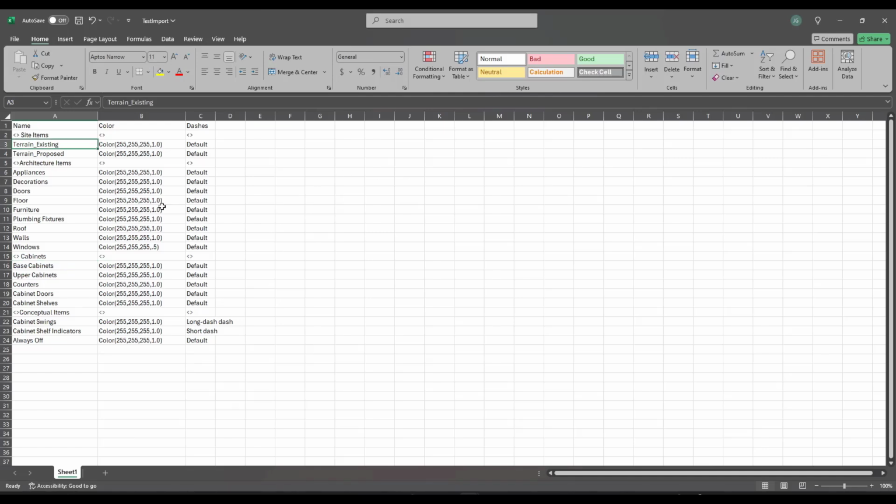But we need to add the numbers in here. So, for example, the site items are going to be 1s like this, and I'm going to go ahead and put the 1 in the bracket right here. I've not 100% figured this out. So I know that it'll bring them in and put them in the folder if you put the correct prefix